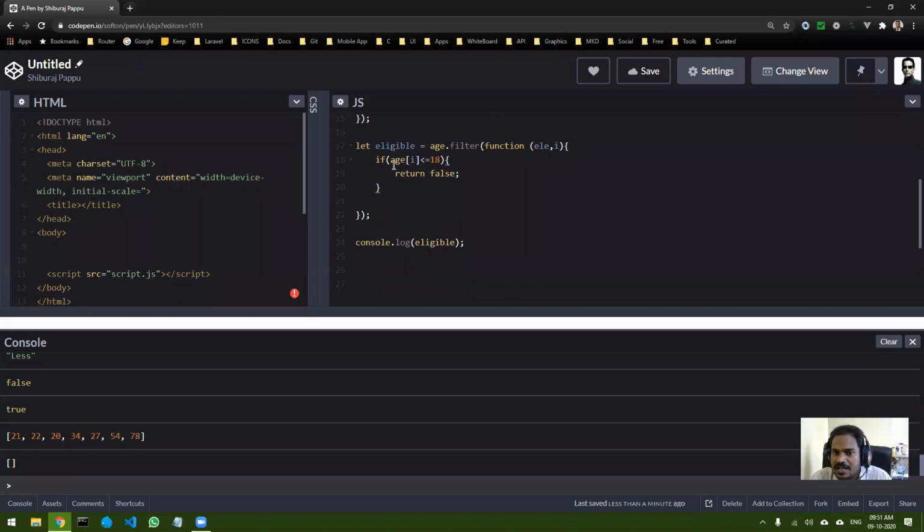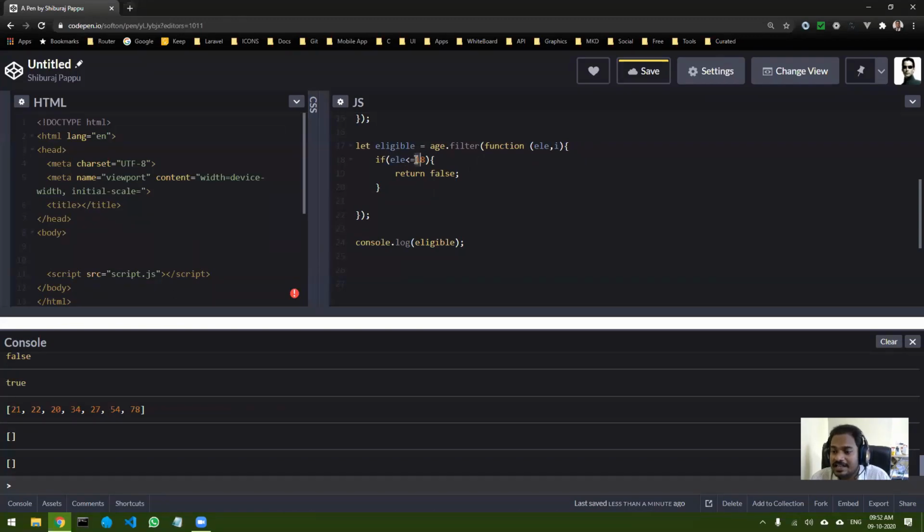The condition is, let me take ele. I think I made a mistake before. Anyway, ele is the element. Element less than or equal to, no, what do I want?